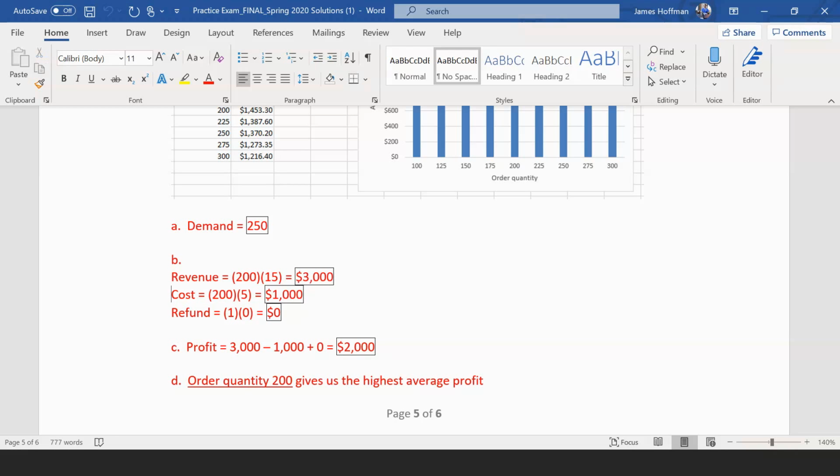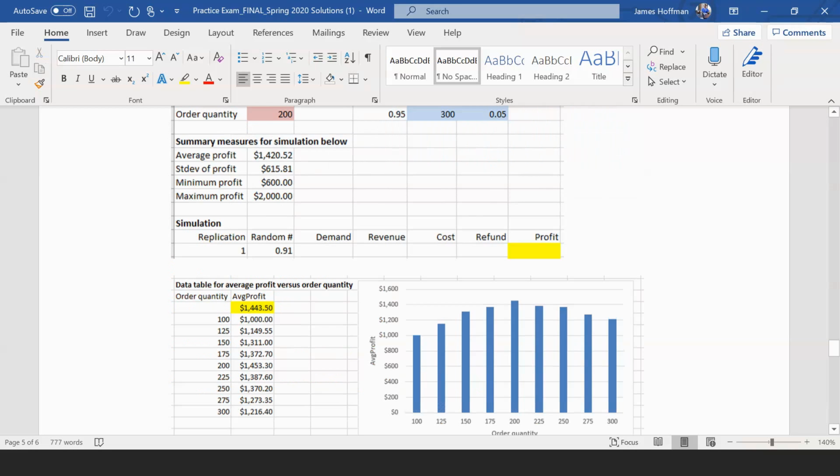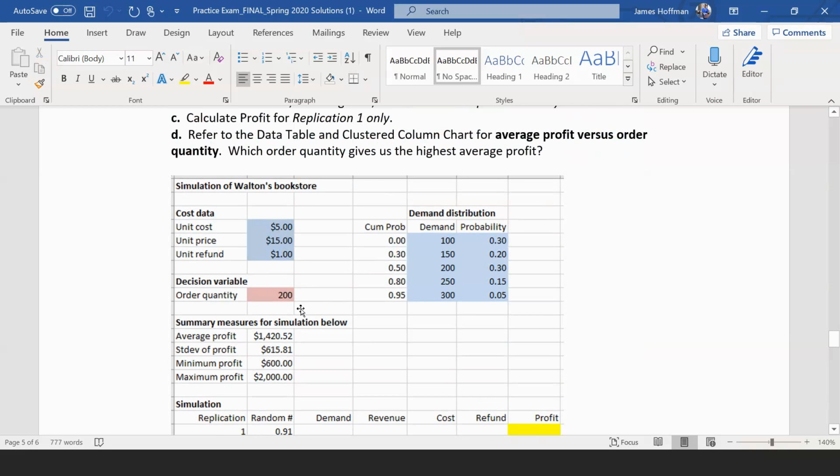Okay. And then the cost, so we'll do the cost and then we'll do the refund. So the cost, this one's the easiest because it's just the order number times the cost to order. So if we order 200 and the unit cost is 5 per calendar, it's just 200 times 5. So order quantity times unit cost is always the cost, so it's 200 times